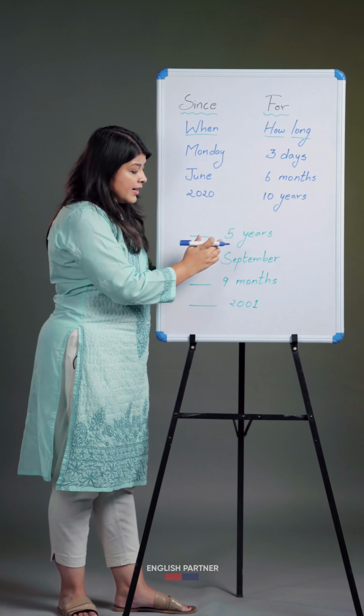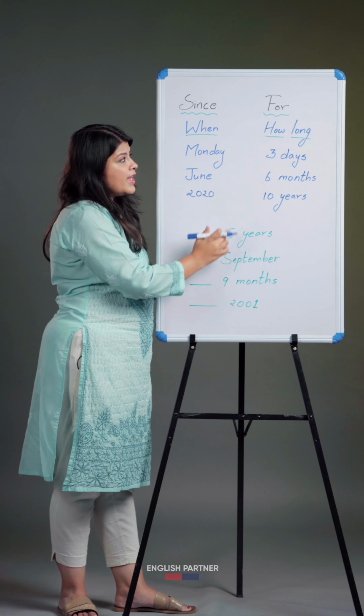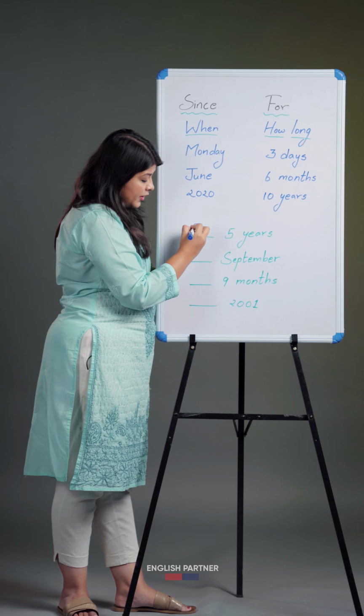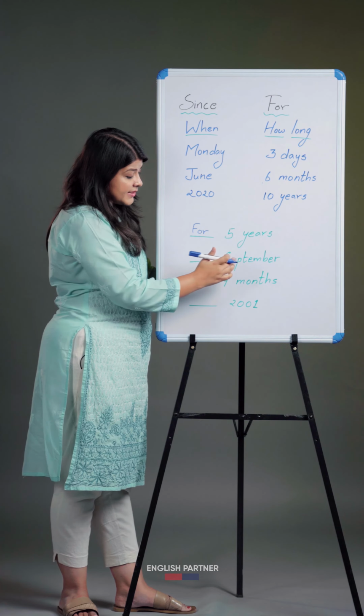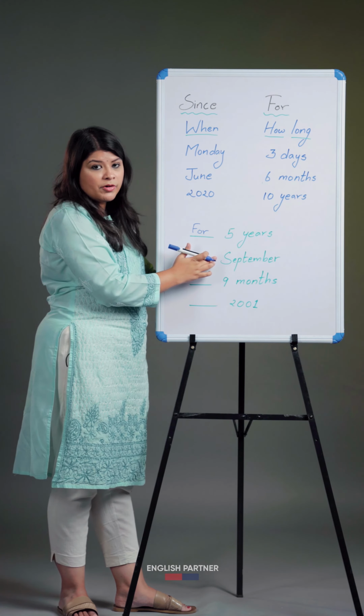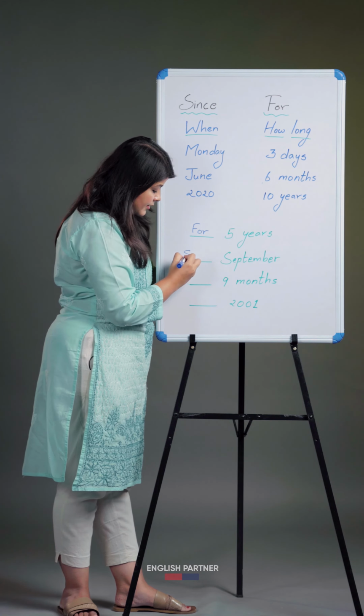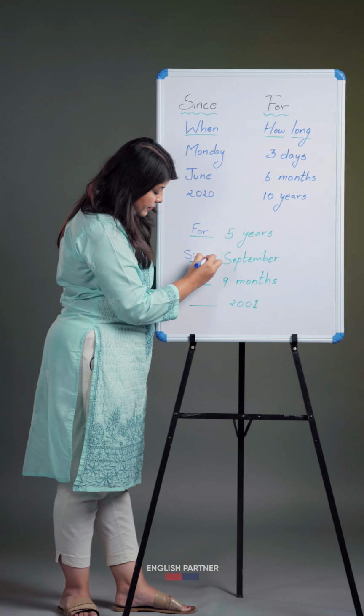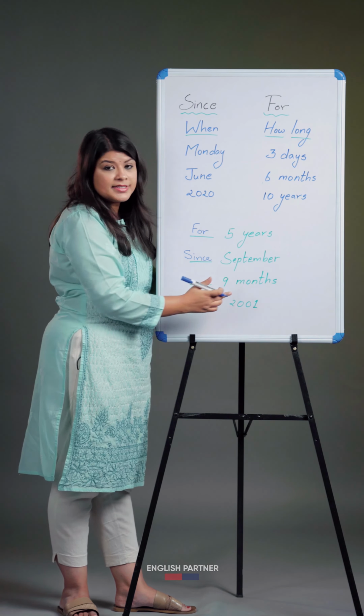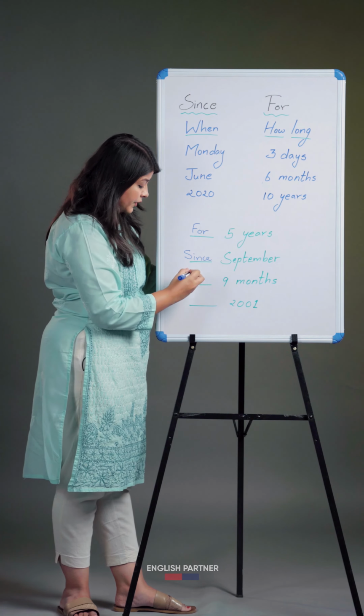For example, dash 5 years. Since this is a number, we will use for. Dash September. Since this is the name of the month, we will use dash 9 months. This is the number of months, so we will use